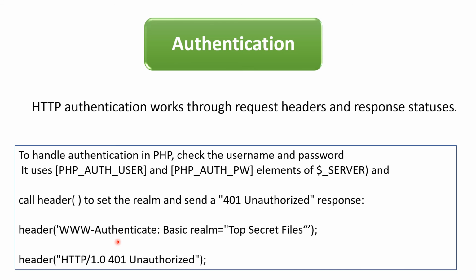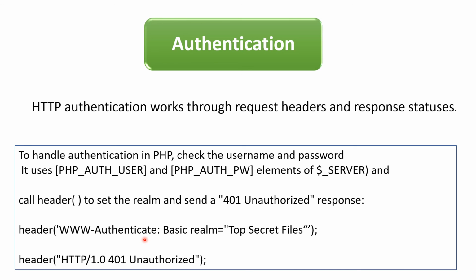this WWW-Authenticate response header defines the authentication method that should be used to gain access to a resource. As per the syntax, WWW-Authenticate colon type, where the type is equal to Basic, then realm. Realm is a description of the protected area.